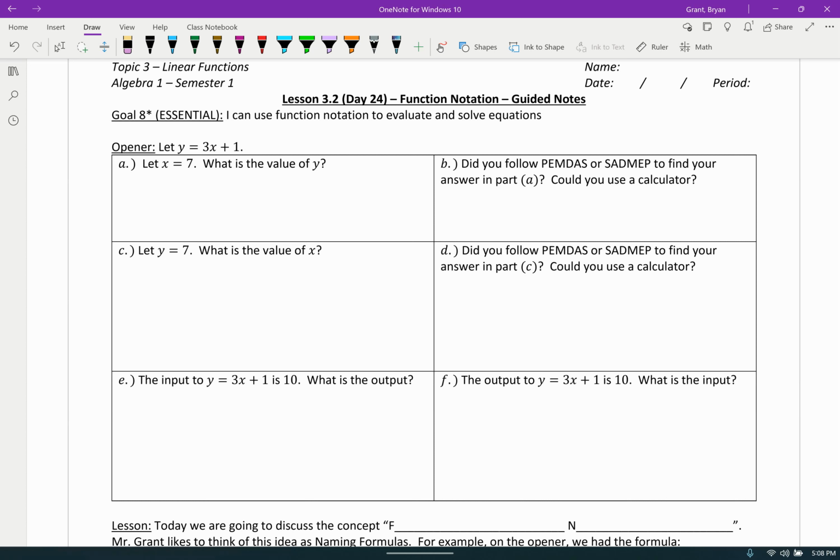So let's go ahead and work with an equation on the opener. Let's work with the equation y equals 3x plus 1. So there's 6 questions here, and if you have the time, you should definitely pause me and fill these out. They are review from the last couple lessons as well, but they're really going to lead us into the main concept of today. But if you don't have the time, you can let me keep playing, and we'll start with